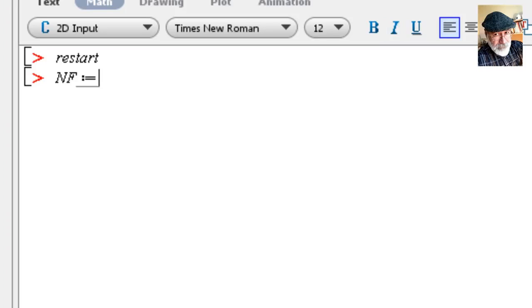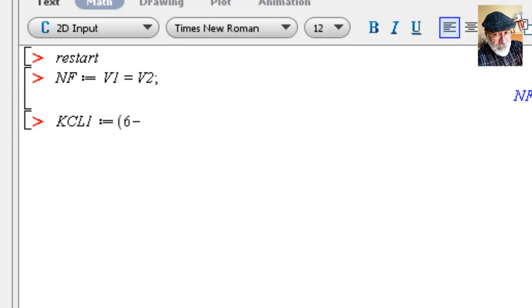Observe that colon equal is the way to define a name. NF is defined as V1 equal to V2, which is an equation. I'm defining that name NF as the equation V1 equals V2. Then KCL1, colon equal, defined as another equation, which is